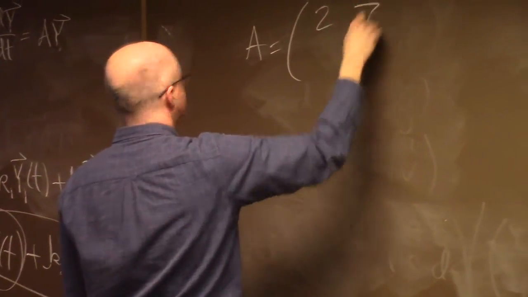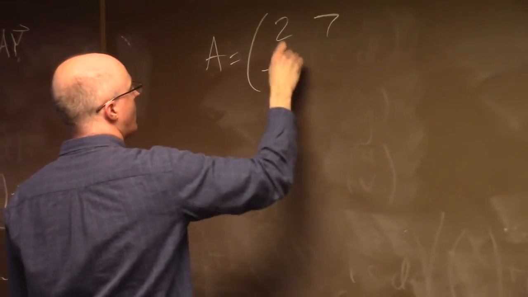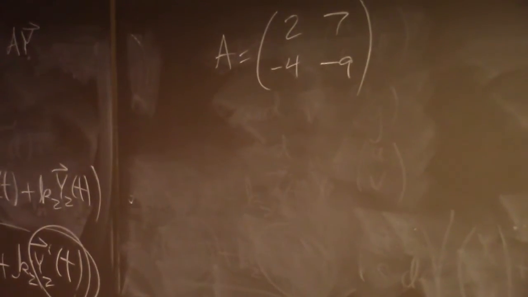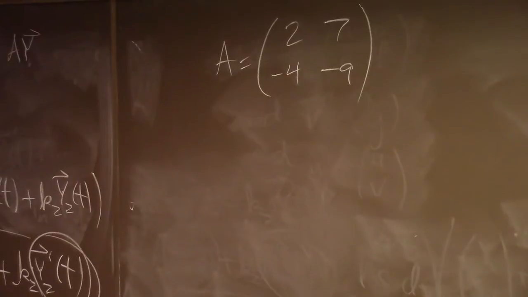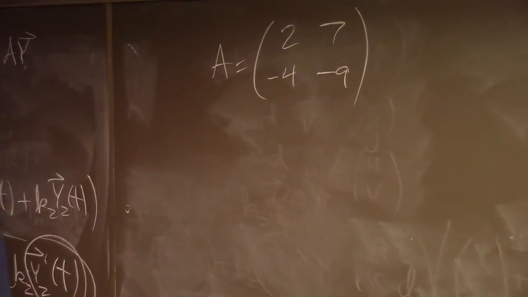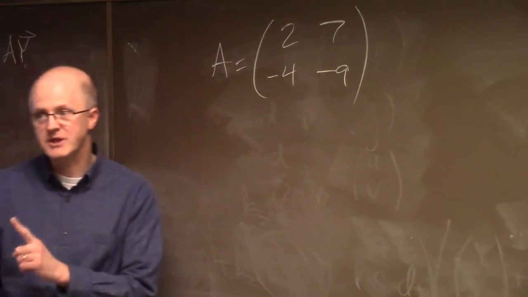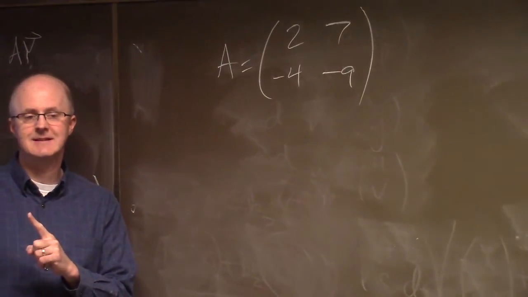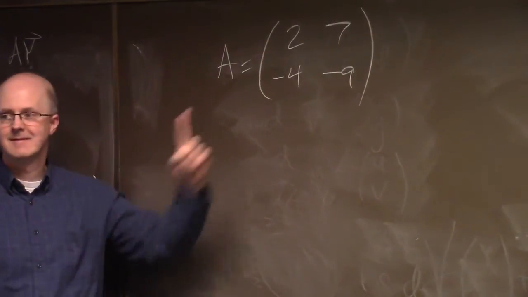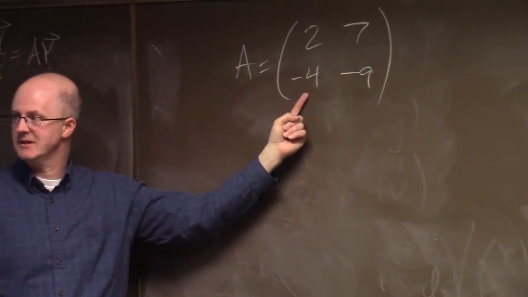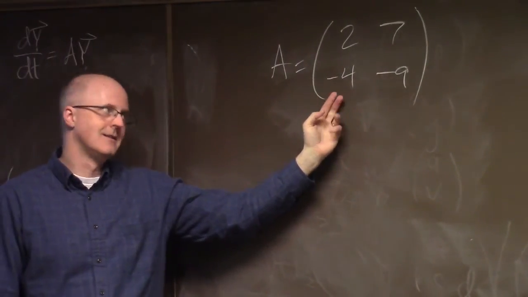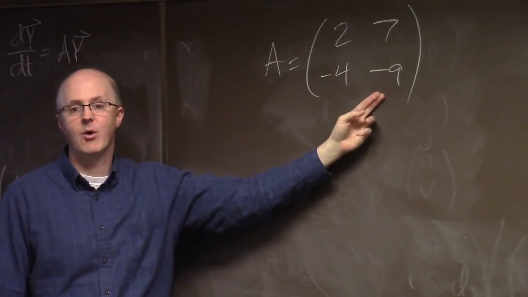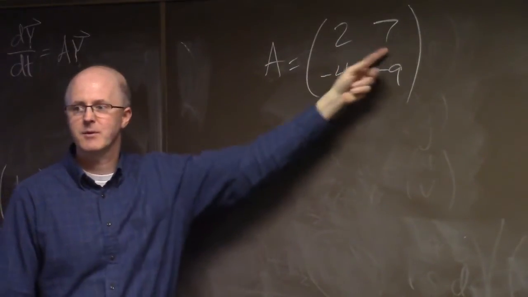So the matrix here is 2, 7, -4, -9. I claim this is going to generate a sink at the origin. First of all, the origin is the only equilibrium solution because, quick reason, based on doing a quick calculation. That's true, the columns are not multiples of each other. That's one reason you could give, or based on